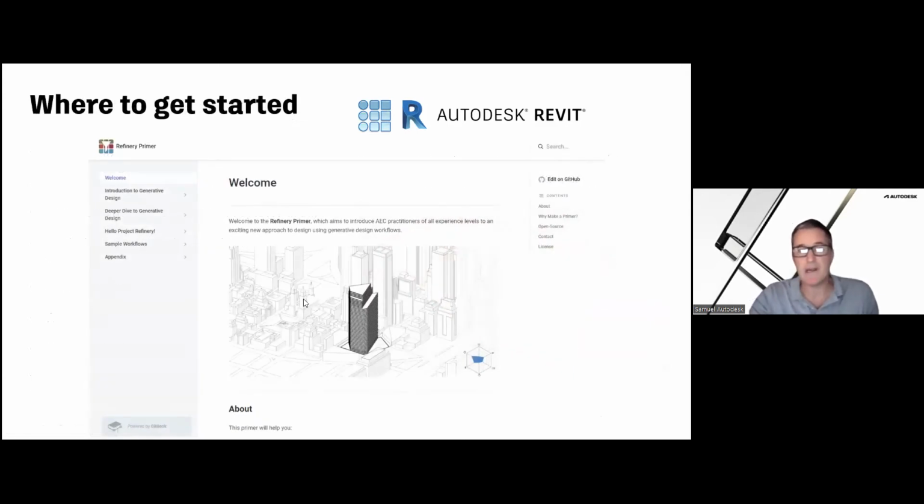To get started, we do provide a number of free downloads here. So this is what was called the Refinery Primer. It's now moved into the Generative Design Primer. Here, you'll see in the selection tree sample workflows, there are probably about a dozen sample workflows and growing, where it will tell you how to use the script, how to download it, and then use it potentially in any workflow you want. Now, I'll take you through the how and show you some of those scripts in action.